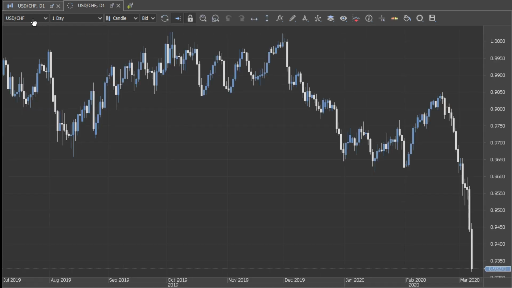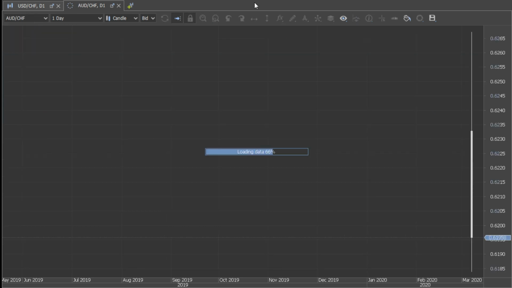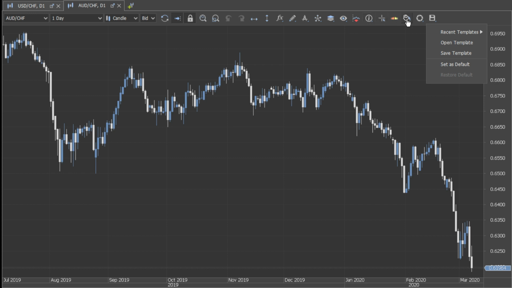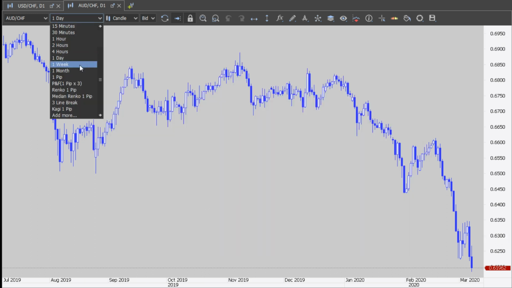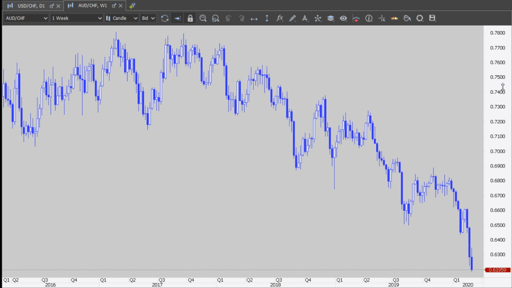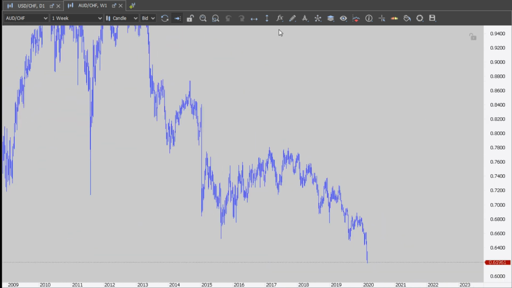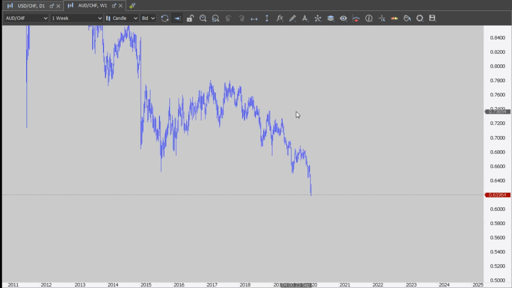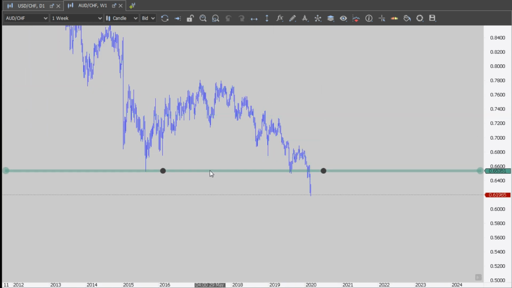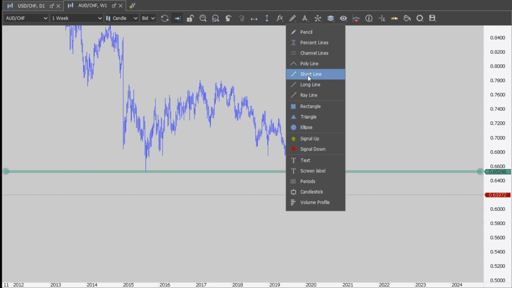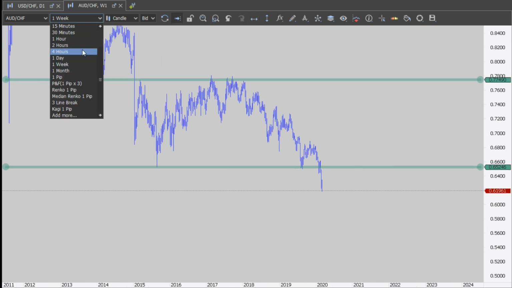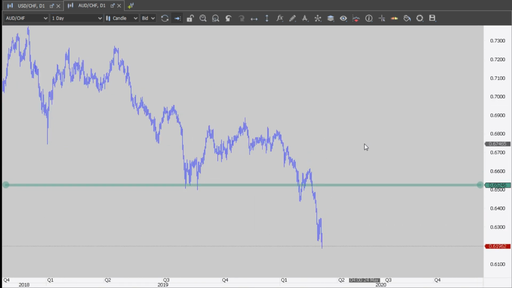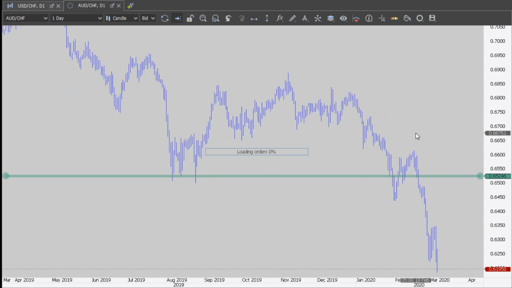Now, AUD CHF, it's a great example, everybody. Let me just open here. Okay, AUD CHF on the weekly chart. So this is a great example. Okay, so here, and this was the upper band, right? So this is the weekly chart. If we go on the daily chart, everybody, and look in here, AUD CHF daily chart,